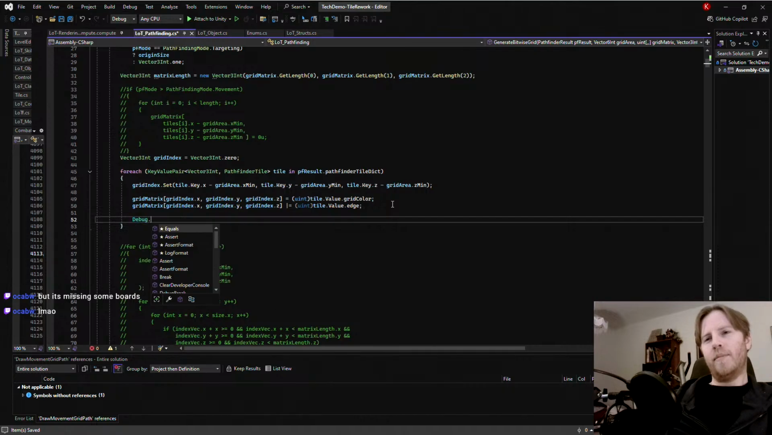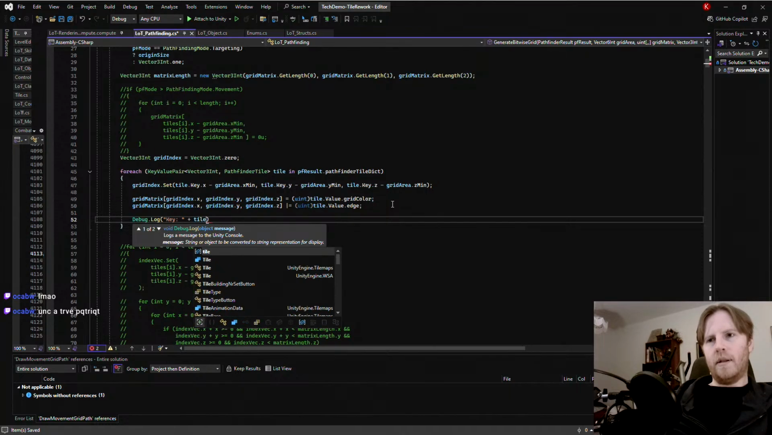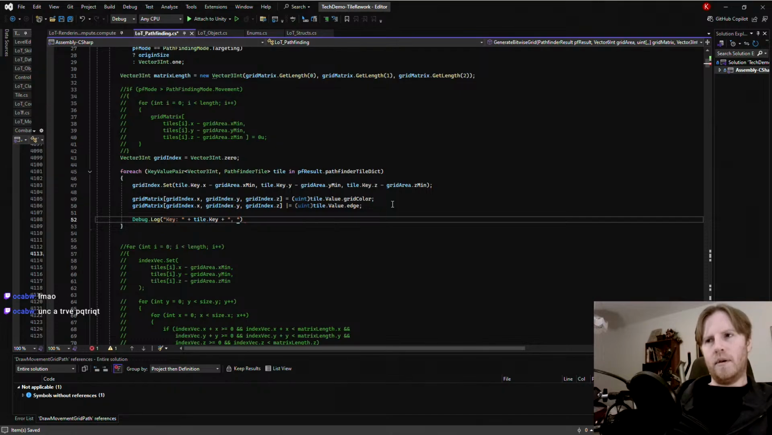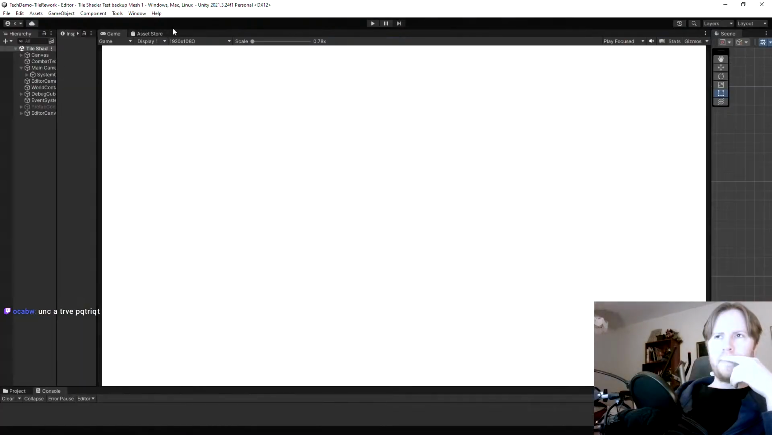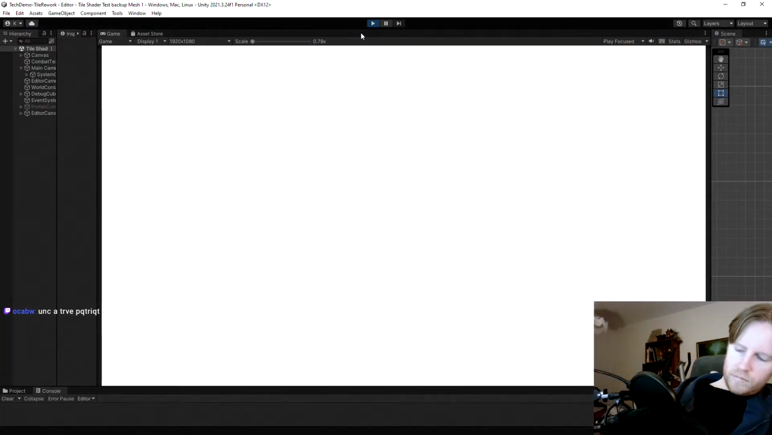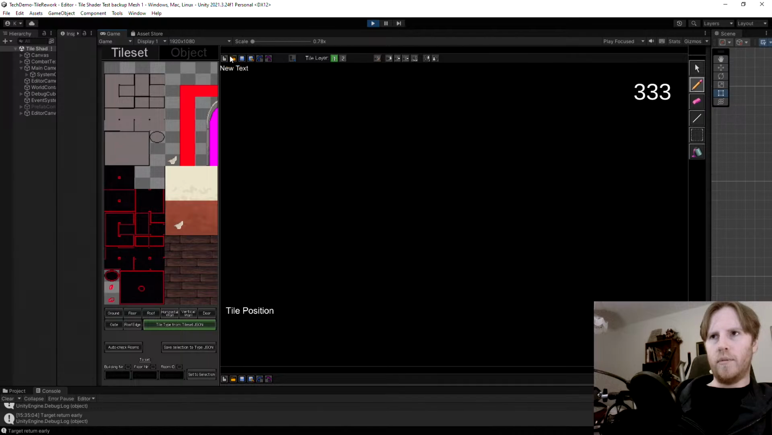I kind of wonder, like, here, debug.log. Key file.key plus edge. Look at that. What happens if I do this? It's gonna spam the shit out of the console, but